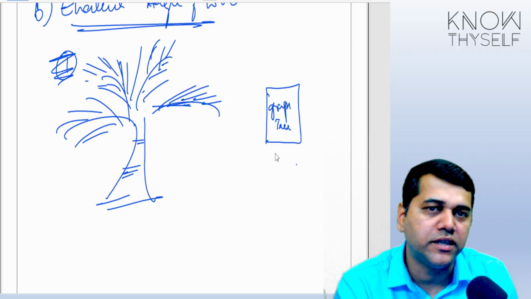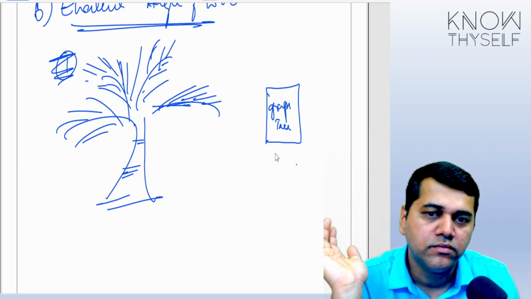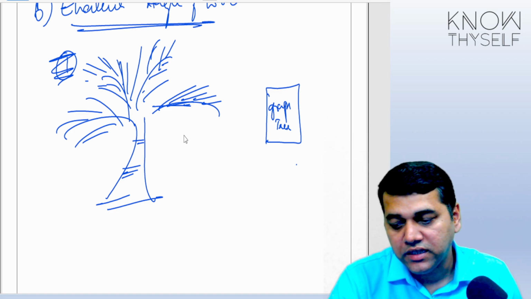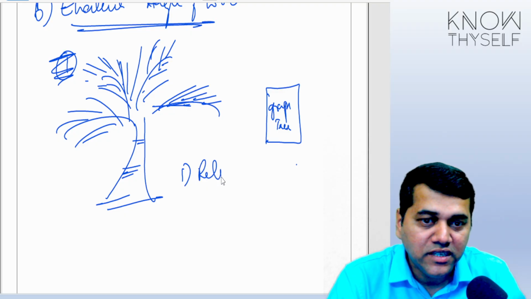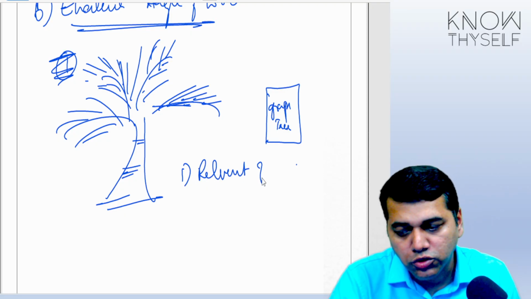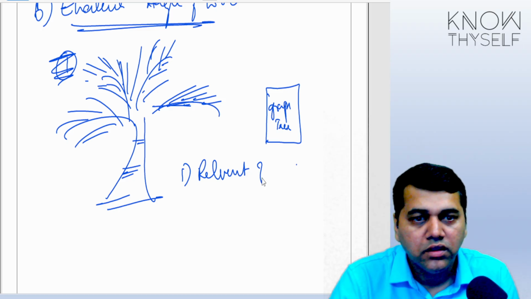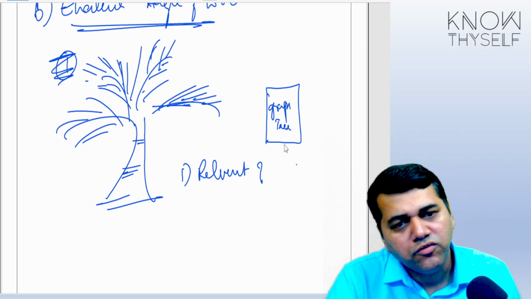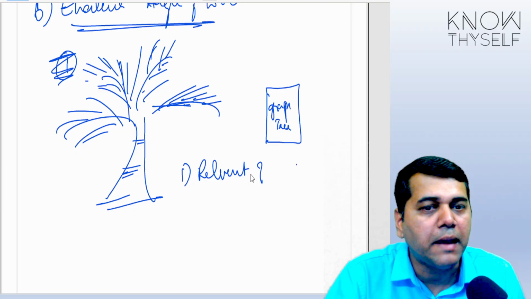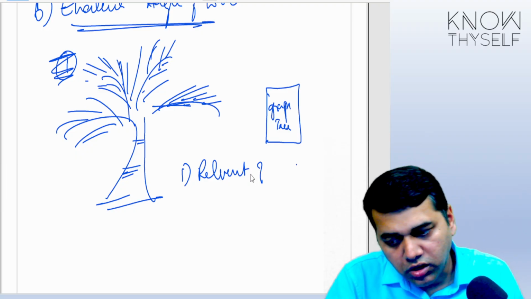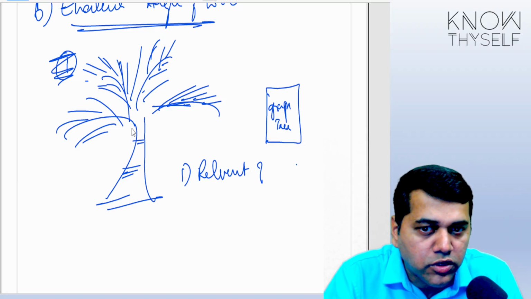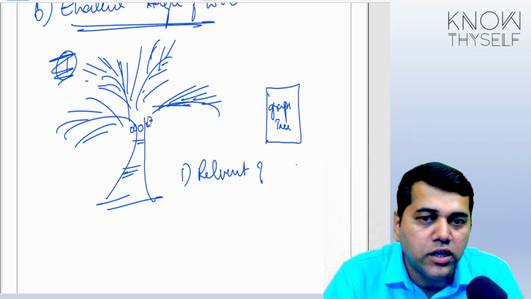That's an area of expertise. It is not related to accounts and audit. Now, will you accept it? Is that work relevant to you? No, his work is totally not relevant. And second, why? Because it should have been some other work, some other tree, but he's telling it's the apple tree. Or he said it is a coconut tree, but he says in this coconut tree 1 lakh coconuts are grown.